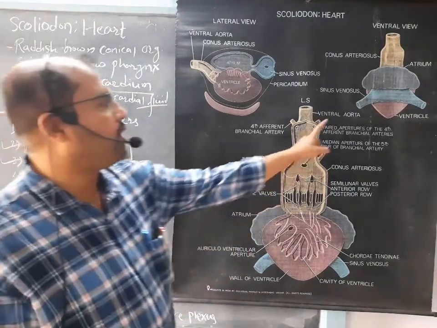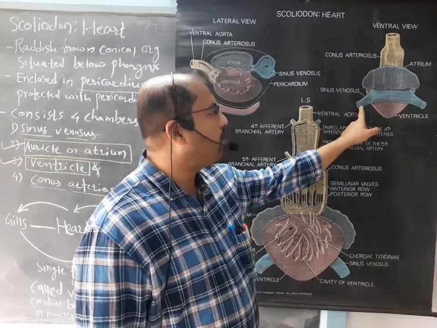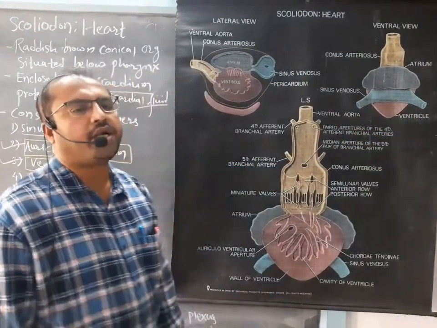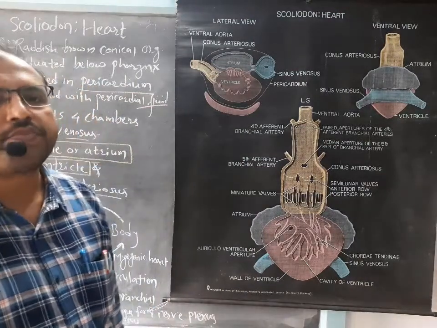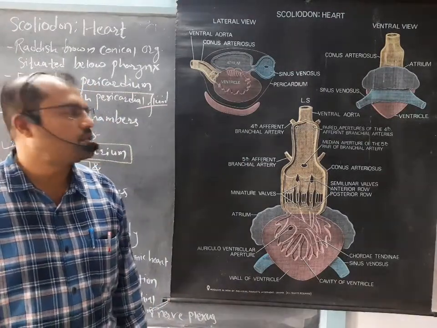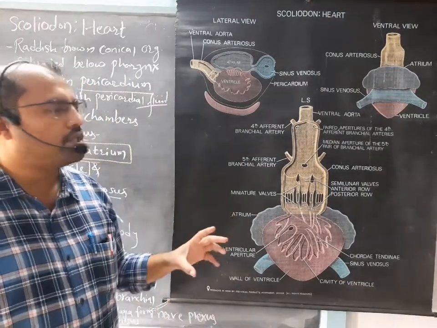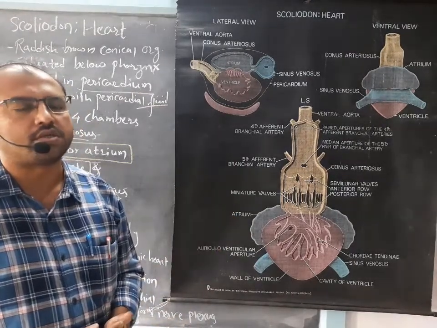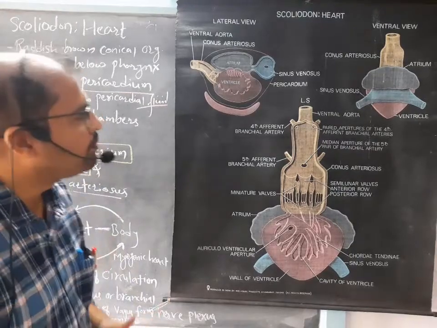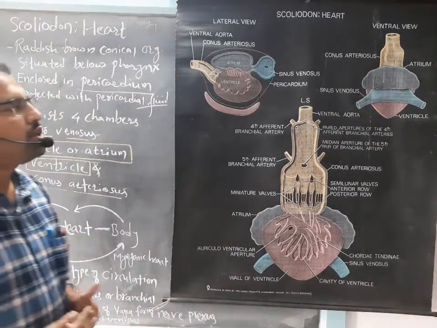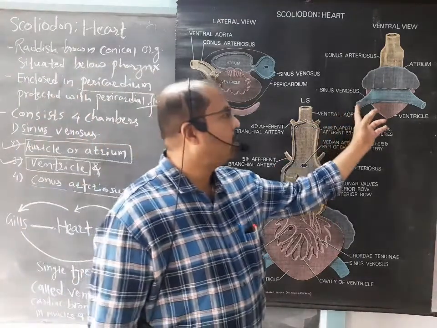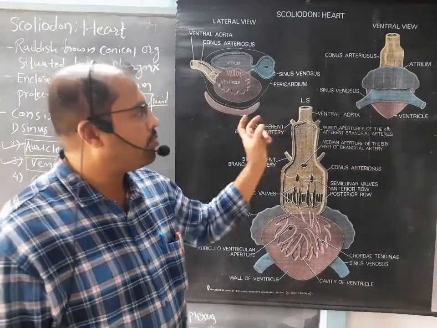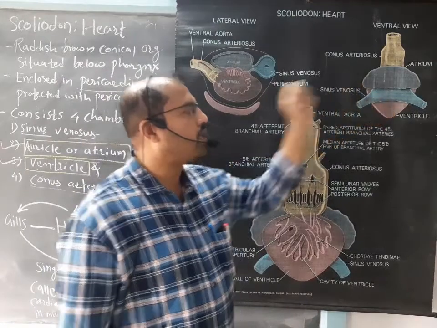So there are two veins: the ductus Cuvieri or Cuvierian duct, and the hepatic sinuses. Hepatic means related to the liver. Sinuses are blood vessels which are irregular in shape or structure, that's why they are called sinuses. These two important veins collect deoxygenated blood from various parts of the body and pour this deoxygenated blood into the sinus venosus.